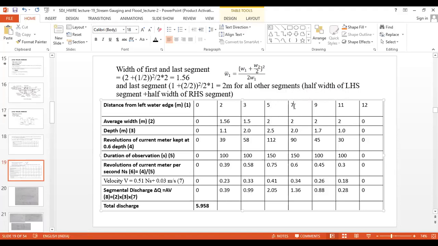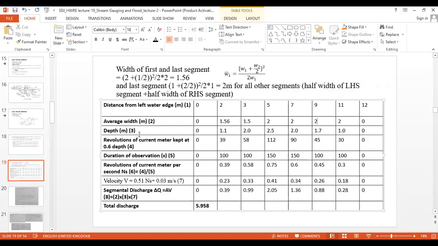Then next for, that is for 7, लेफ्ट साइड में है 5, उसका आधा यानी कि 5 to 7, गैप कितना हो गया, विड्थ कितना हो गया 2 मीटर्स का, 2 का आधा यानी कि 1 मीटर, प्लस राइट हैंड साइड में है नेक्स्ट रीडिंग 9 मीटर, सो विड्थ तो हो गया 7 to 9 यानी कि 2 मीटर, उसका आधा यानी कि 1 मीटर, सो 1 plus 1 will be once again 2. Then for next one, that is 9, लेफ्ट हैंड साइड में है 7, तो विड्थ हो गया 2, उसका आधा यानी कि 1. देन राइट हैंड साइड में है 11, सो 9 to 11 2, उसका आधा 1, so this one and this one, that is 2. Is it clear now? So how we have calculated the widths?